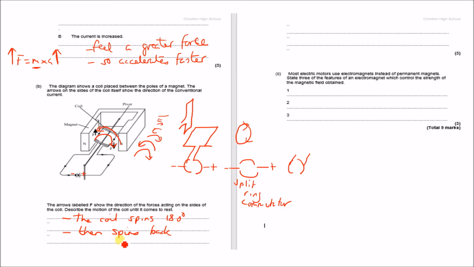Eventually it's going to keep doing this, and the reason it's doing this is due to having no split ring commutator. So the reason it's flipping forwards and backwards is because there's no split ring commutator, as we described before. And you can use my videos to look at this in more detail, because I've explained it using an animation, which really helps. So the coil spins 180 degrees, then it spins back due to having no split ring commutator, and eventually, as we described up here,